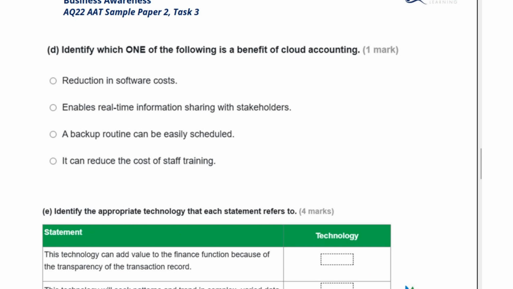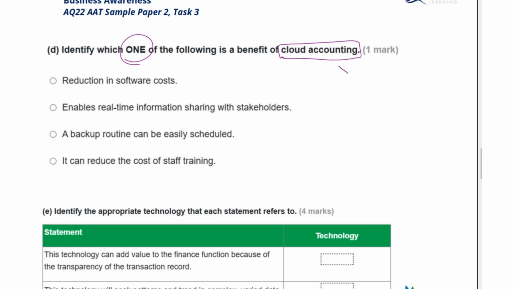Part D, identify which one of the following is a benefit of cloud accounting. So we've got reduction in software costs, enables real-time information sharing with stakeholders, a backup routine can be easily scheduled, or it can reduce the cost of staff training. So cloud accounting is what we're looking at, and we want one benefit.